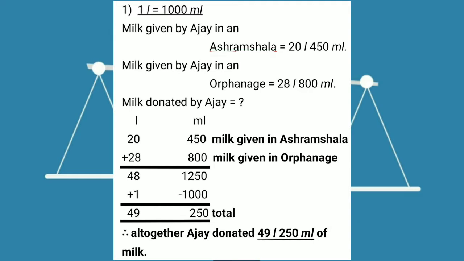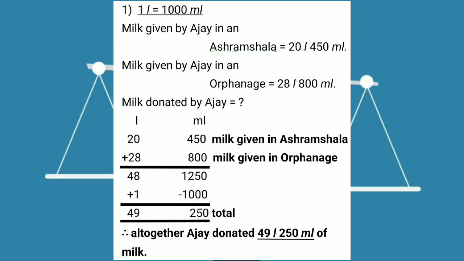Then note down the information that is given, that is milk given by Ajay in an ashram shala and an orphanage. Now in the final question, they have asked us to find out how much milk did Ajay donate, which means we'll have to add the two given quantities to get the required answer. Now on adding 20 liter and 450 milliliter with 28 liter and 800 milliliter, we get the answer 48 liter